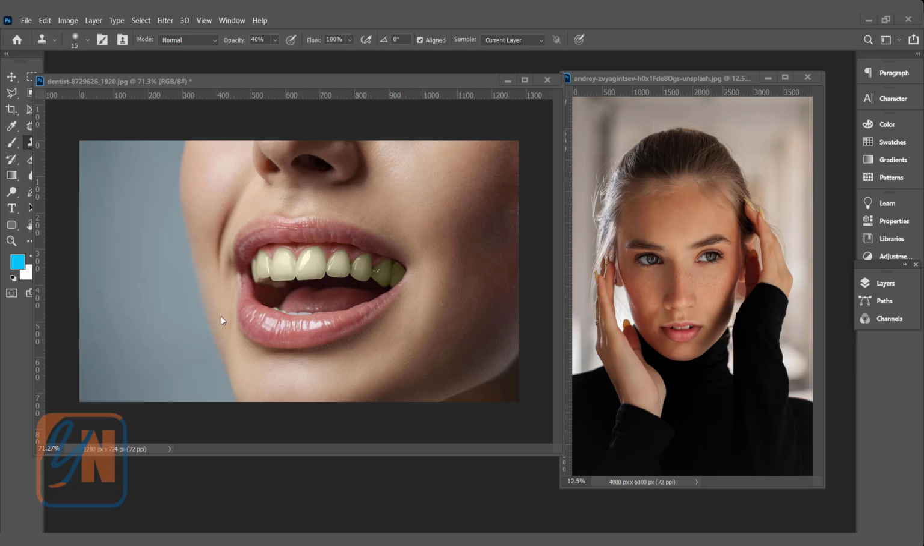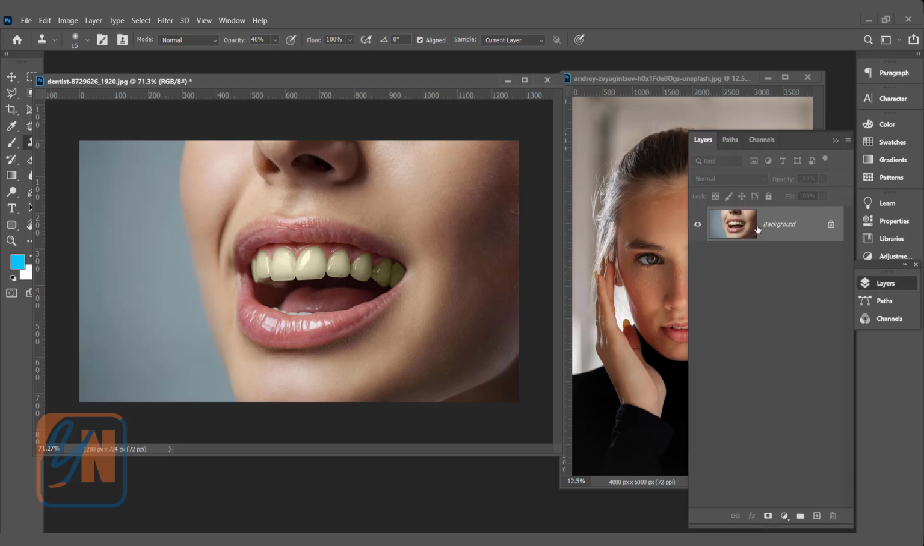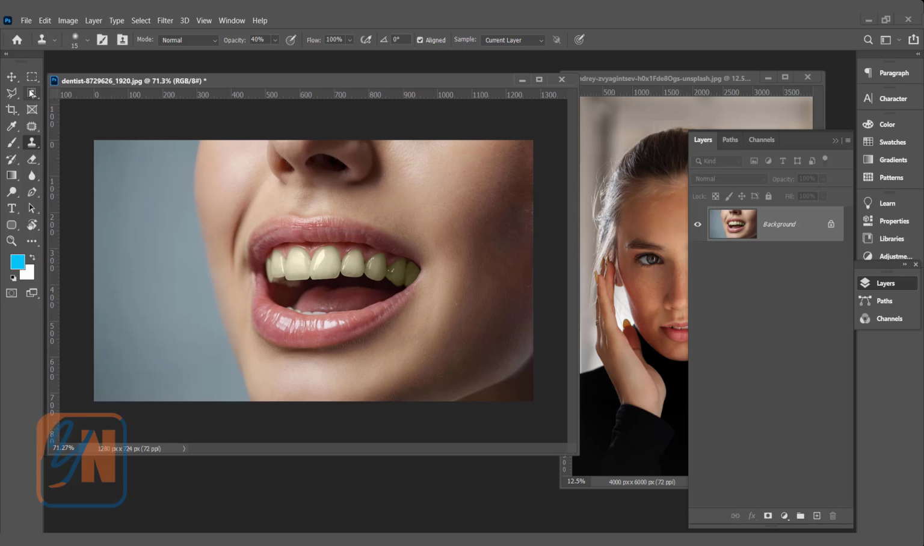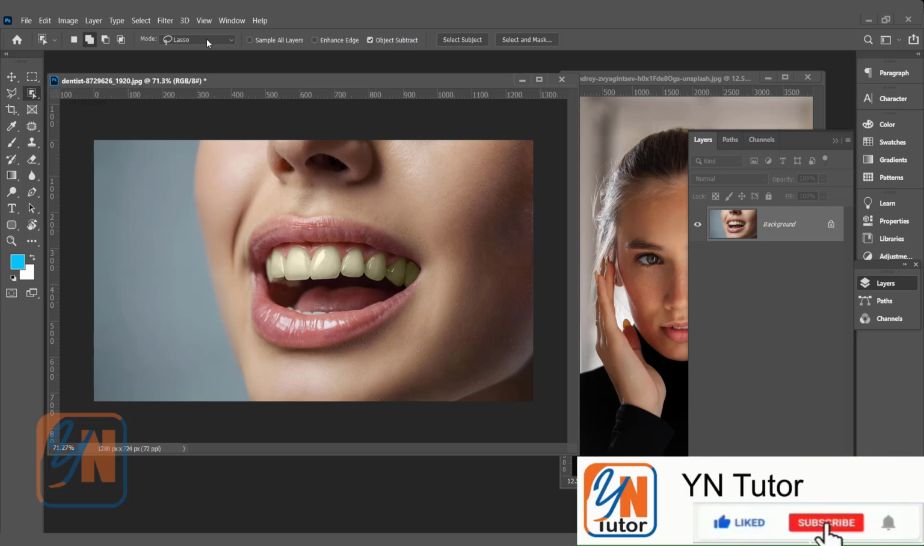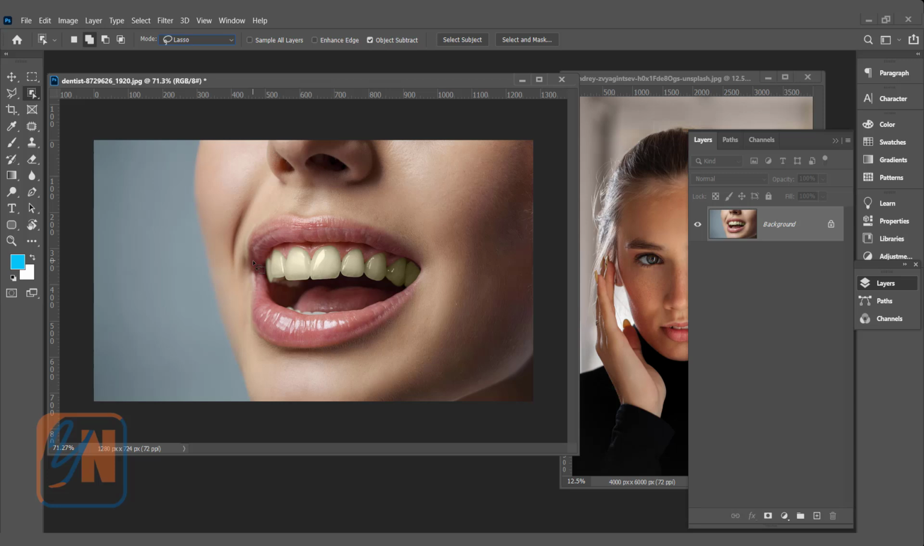First, we are going to work with this image. If I open the layer palette, here is the thumb. We need to make a selection around the teeth. So I am going to choose the object selection tool, the first one, and here I choose lasso. In your case it might be rectangle, so you can change it to lasso. This is the selection mode, and simply click and drag this way just around the teeth,